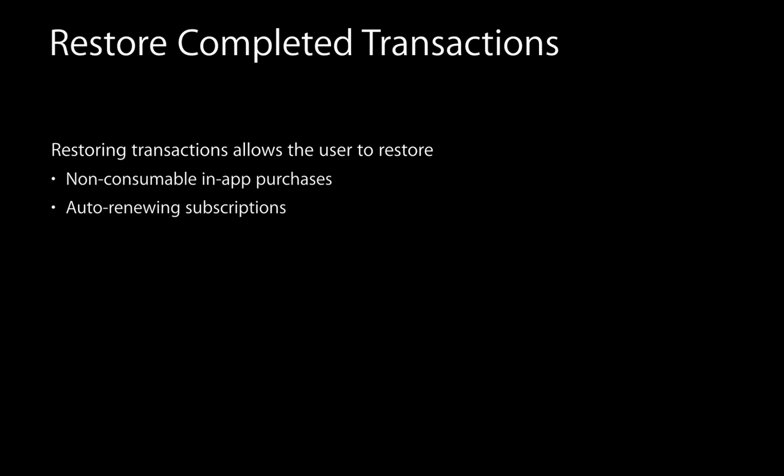Now, restoring transactions. This is something you have to offer if you are selling non-consumable items or auto-renewable subscriptions. Non-consumable items are things like game levels or maps or one-off purchases that are designed to be used across multiple devices. Auto-renewable subscriptions are like your periodicals, where you are setting up a subscription payment for ongoing delivery of